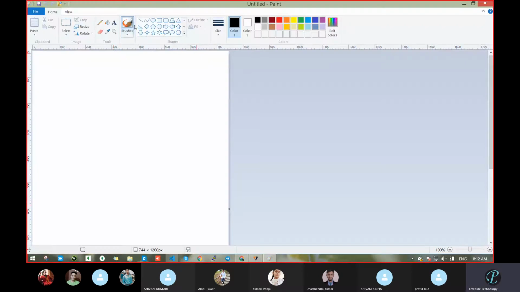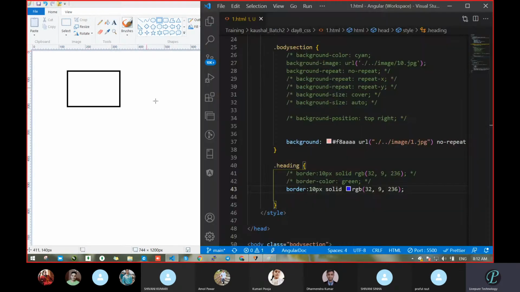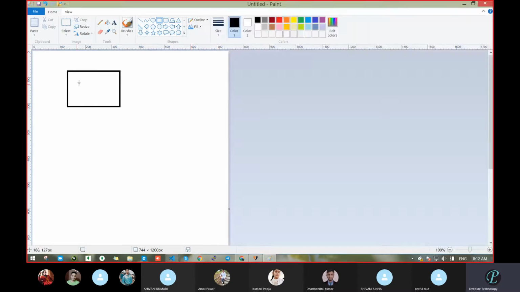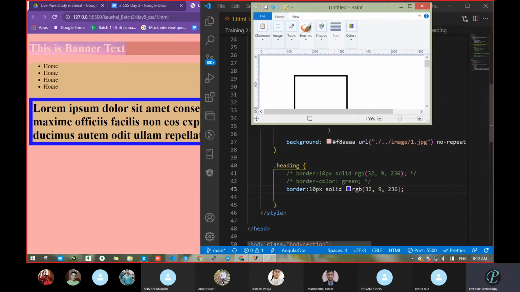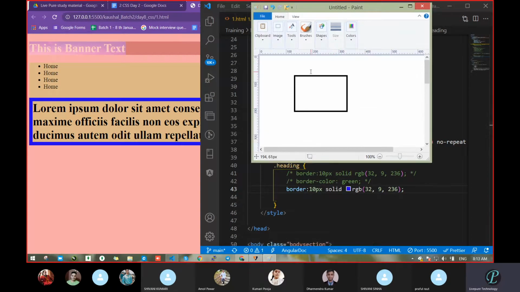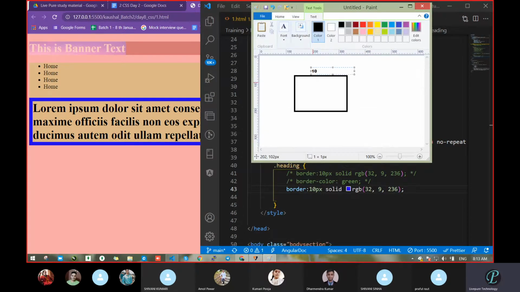So see, in case of border, observe here, we had passed something like this way. Fine. So all become equal on all sides. Suppose what we had passed here now is 10 pixel. Yeah, 10 pixel. So what is the value of 10 pixel? Which side is it getting 10? Tell me. Which side is 10 coming now? What is the size now? This side? This side also 10 pixel, means all are looking the same, correct? Please speak up. All sides, sir. All sides same. So all sides it is 10 pixel.